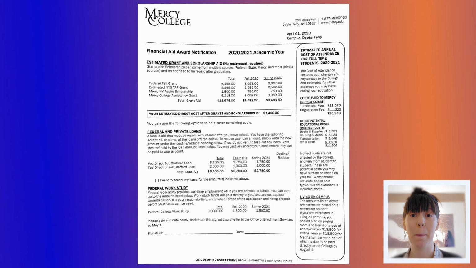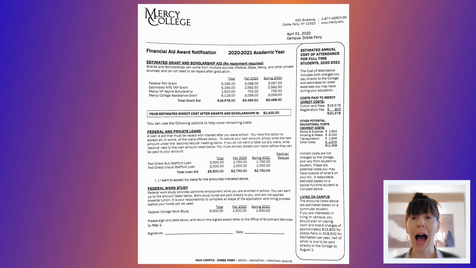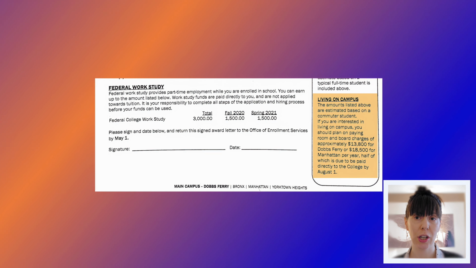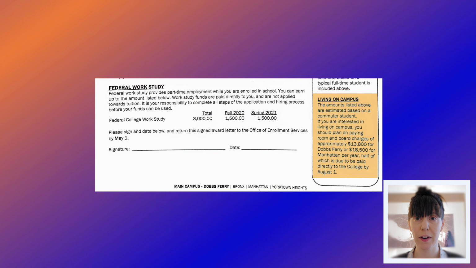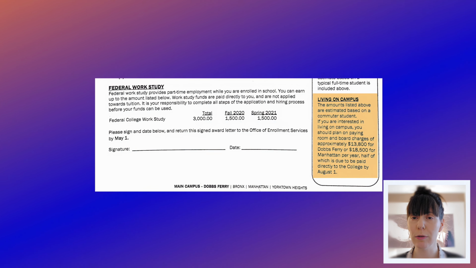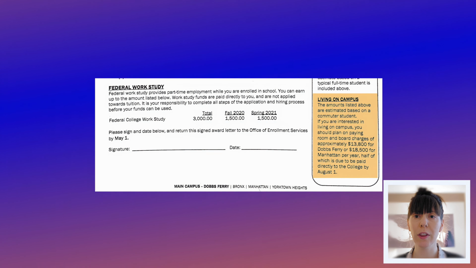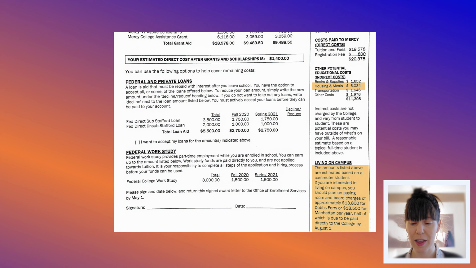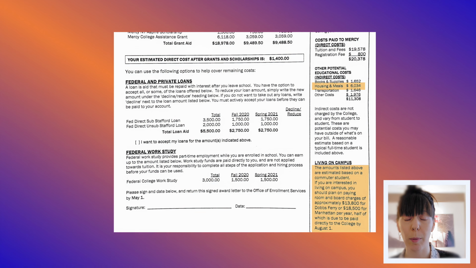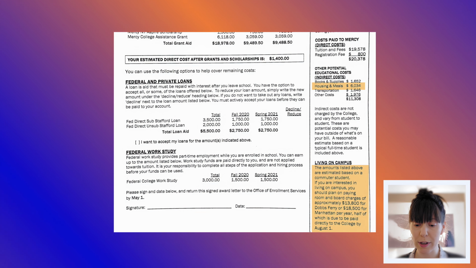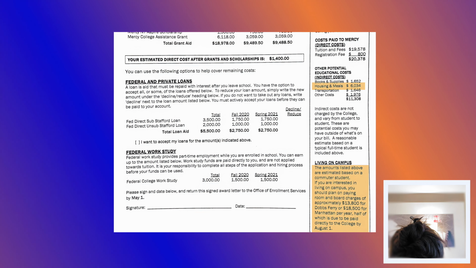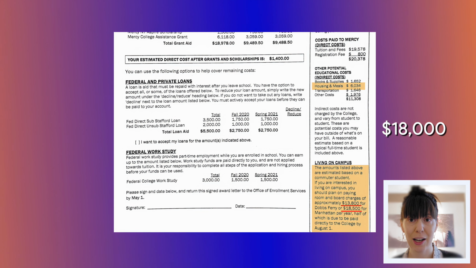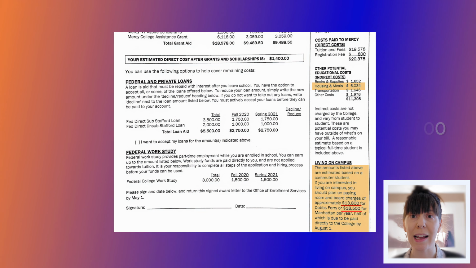Oops, I was about to make a big mistake when I recorded that video. I missed the part of the letter on the side where they talk about how much it's going to cost to commute to either Dobbs Ferry or Manhattan. If you look really carefully, you find out that the number they quoted up at the top isn't even the actual room and board number. That's housing and meals if you commute from home. So the actual room and board number is, let me look really closely, $13,000 for Dobbs Ferry and $18,000 for Manhattan. So that price isn't even quoted on the letter.